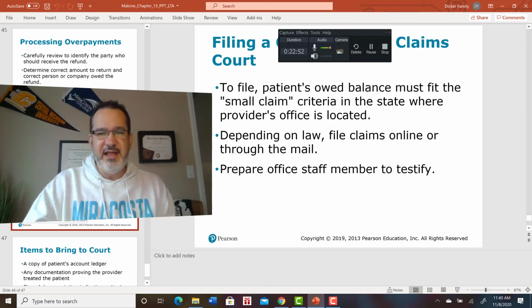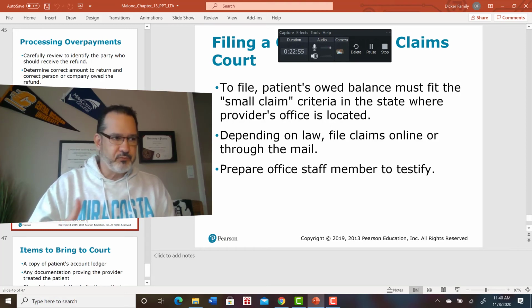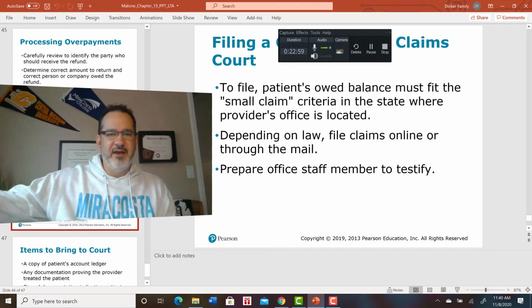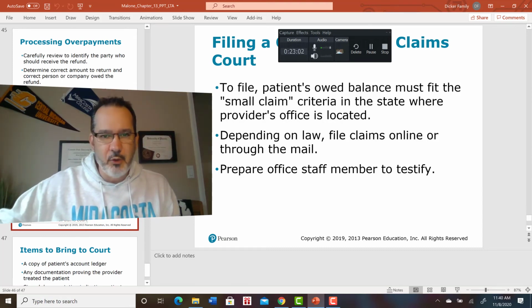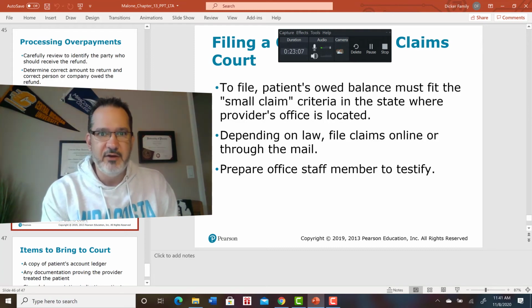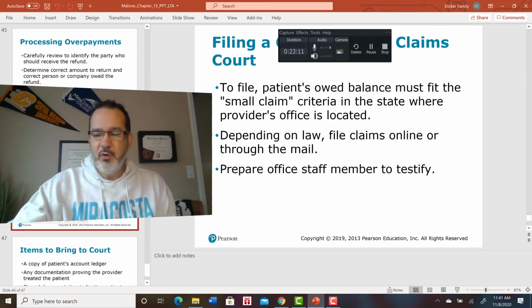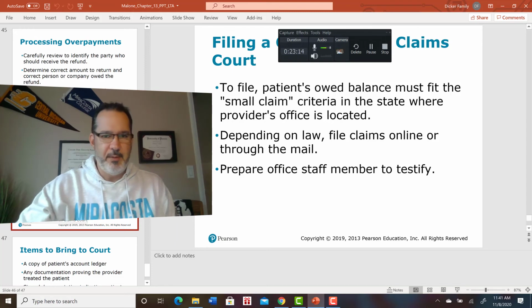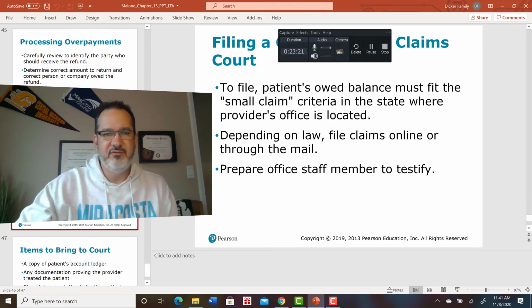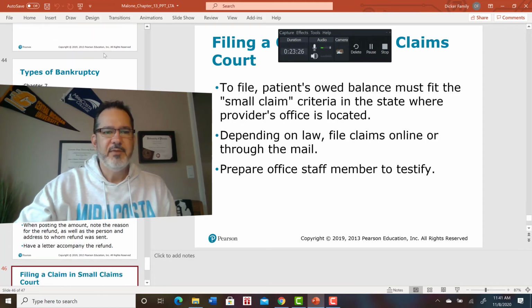You oftentimes see that with people that owe back rent, that skip out on a landlord for rent. Usually that is a small claims court issue because most landlords won't usually let you skip out on rent. It's more than $5,000. So you might be taken to small claims court. Again, that takes time. Somebody's got to go represent the office to do that. And we're probably not going to allow bills to get that high that we're going to have to take that type of a measure. Okay, so I kind of skipped a little bit there.